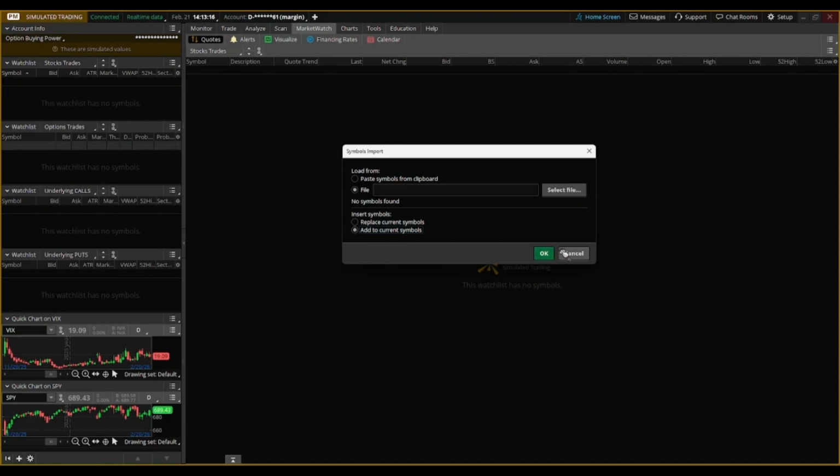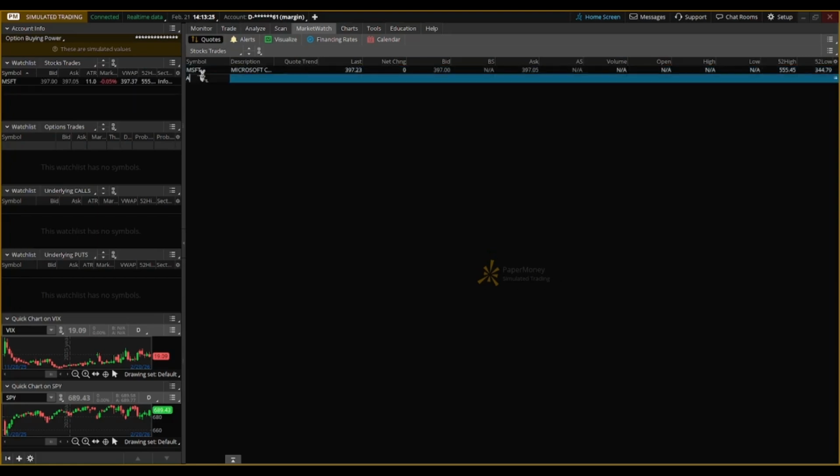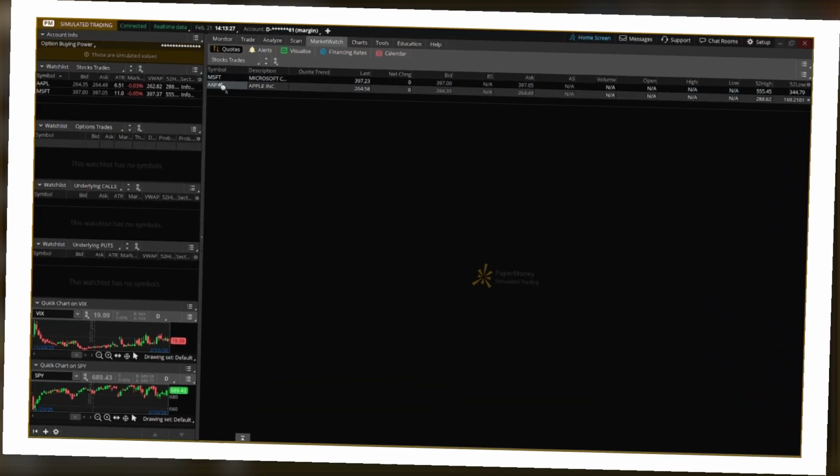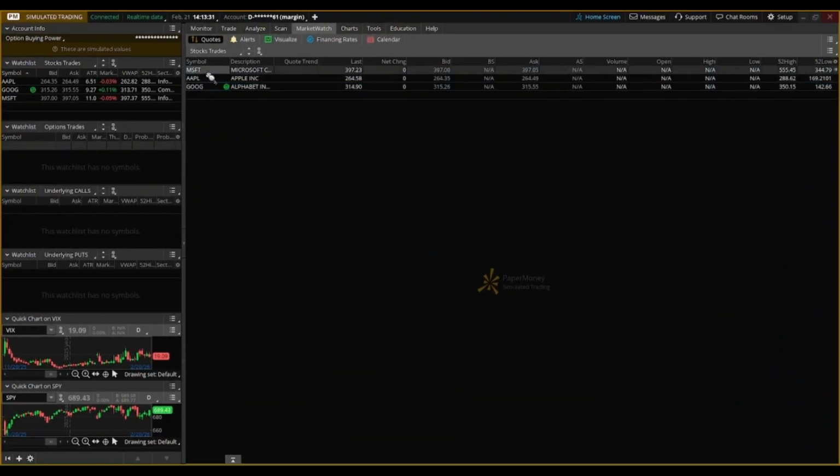When creating or editing a watch list, click the empty cell at the bottom of the symbol column, type a symbol, and press Enter to add symbols. To remove a symbol, click it, press Delete, and press Enter. To sort your watch list, click the column header. An up arrow appears for ascending order. Click again for descending. Click a third time to remove sorting.